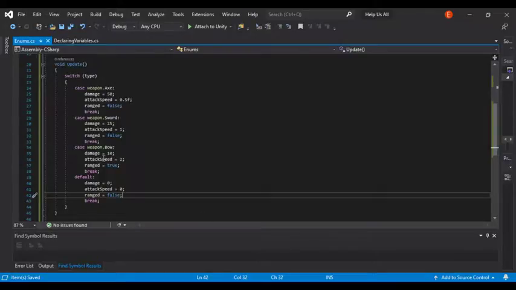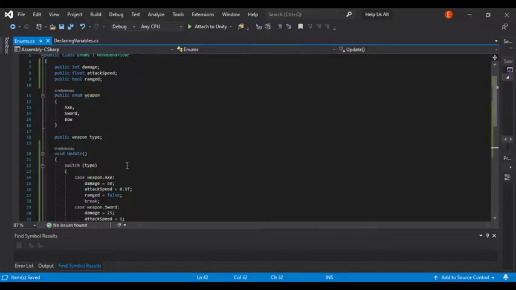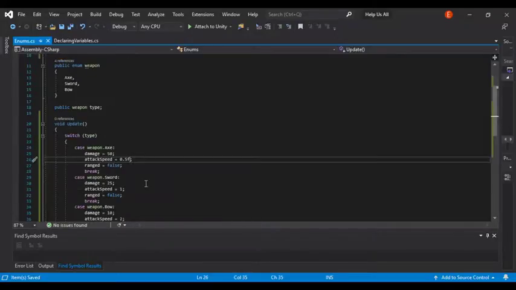It doesn't want to float. Did you change public float attack speed up here? Did you remember to put an F?